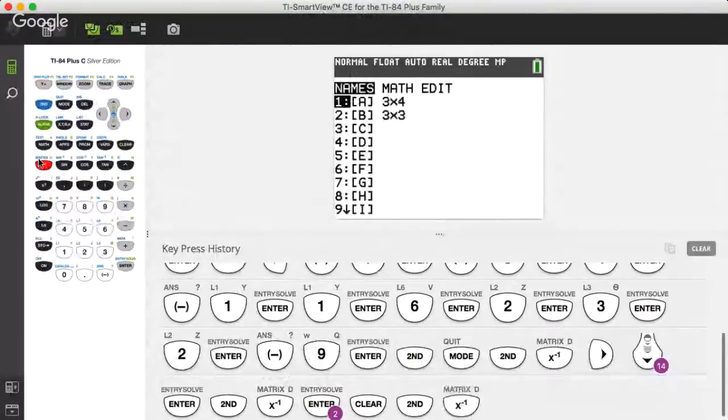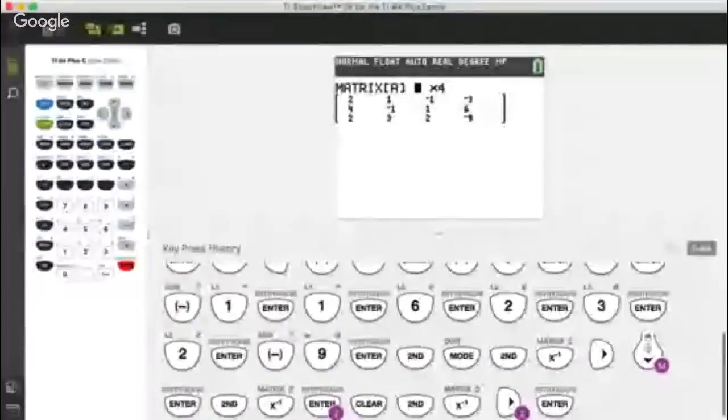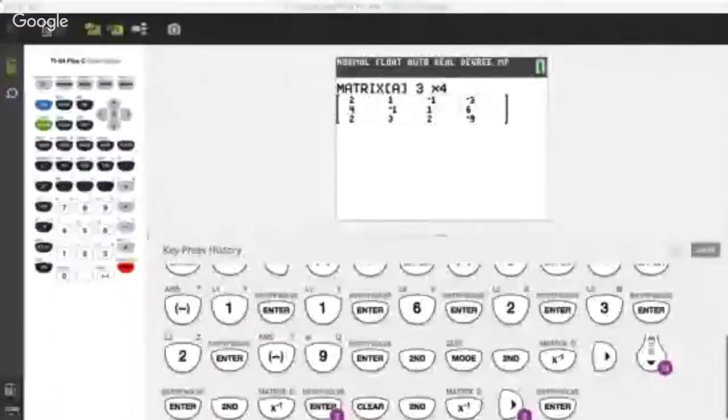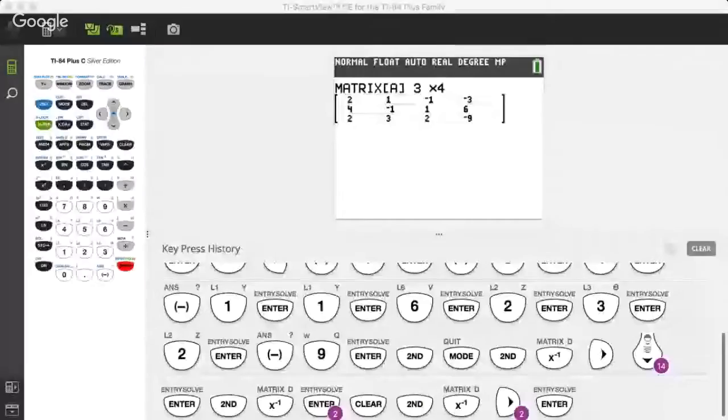Second X to the negative first. Again, you'll see that matrix. Go ahead to edit. So it'd be